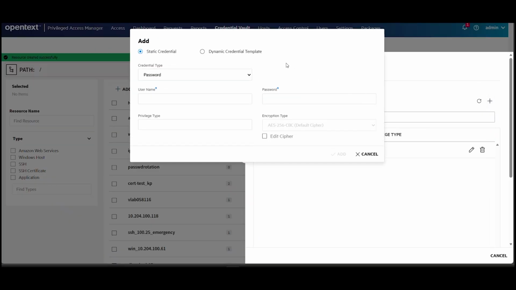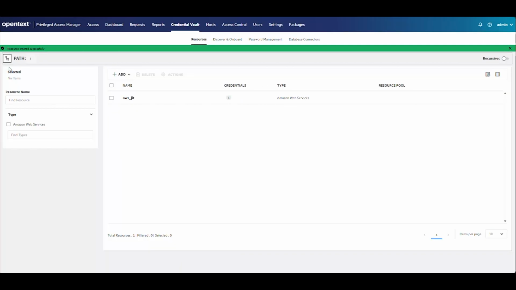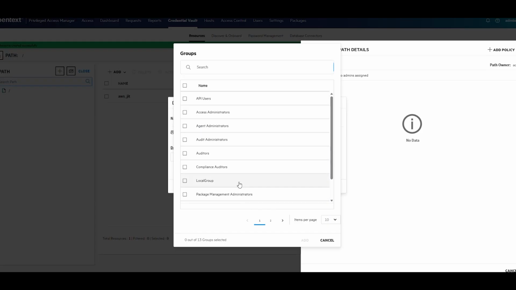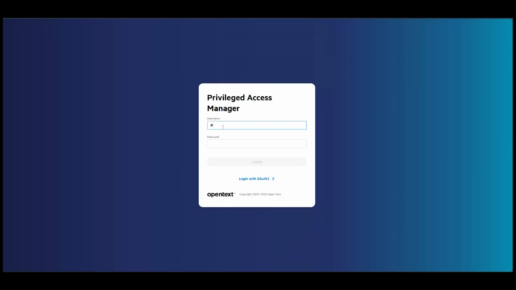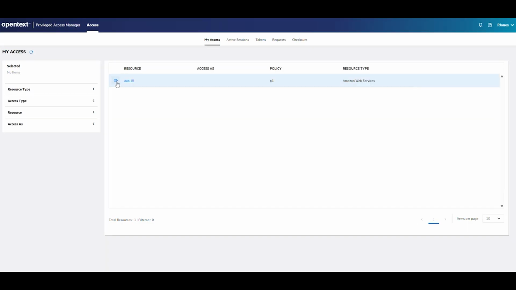Add a dynamic credential template. Create a policy and add the user group with which Paul Jones is associated. Once the configuration is complete, the end user, Paul Jones, logs into the OpenText Privileged Access Manager and views the AWS